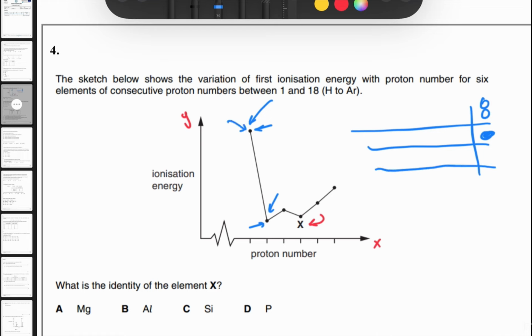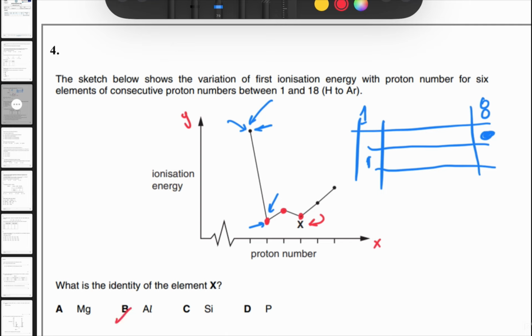And since we're done, we're going to go again to group number 1 and start removing an electron from another atom in group number 1. Since this one here is group number 1, as you can see in sequence, this one here is going to be in group number 2, and this is group number 3. So if we look at the possible elements that are in group number 3, we can see that it's